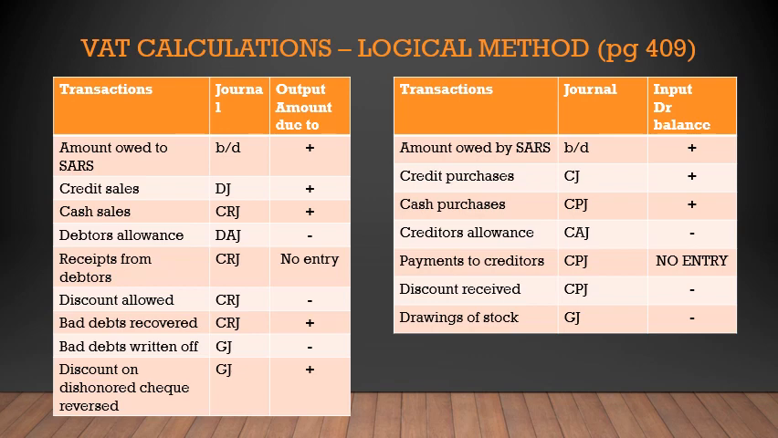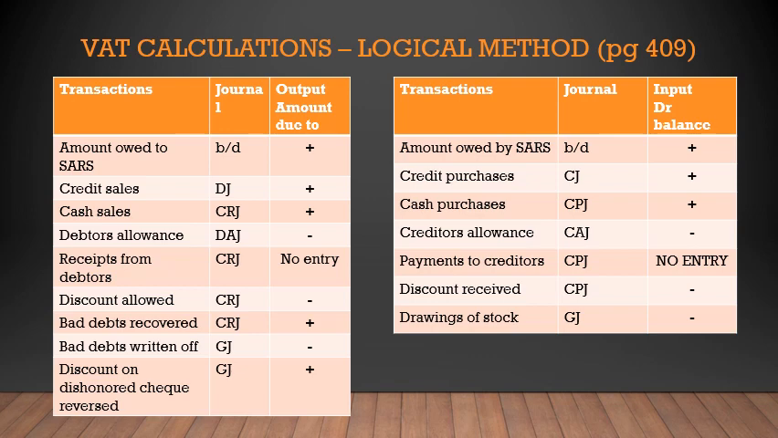Payments to creditors, like receipts from debtors, we do not calculate VAT on the payments. The reason is we had used invoice based credit purchases. We've already calculated. When we are now paying our account, we do not decrease. We do not calculate VAT for the second time. We only calculate VAT in the discount received, which will decrease amount claimed back, and drawings of stock decreases input